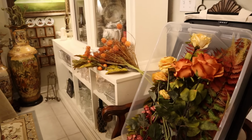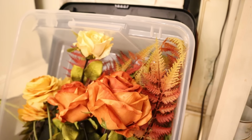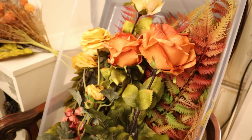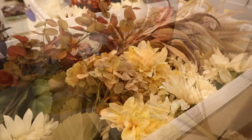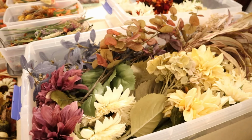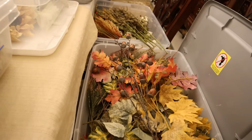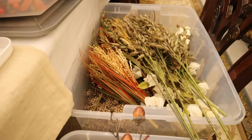I cannot function without some turning fern. If you can find it, it is huge for your fall decor. Toasty custards and orange changes in the plants. Lots of creams. And, you know, I'm going to have some violets and lavenders in there as well. Oak and maple leaves, acorn, oats and barley,